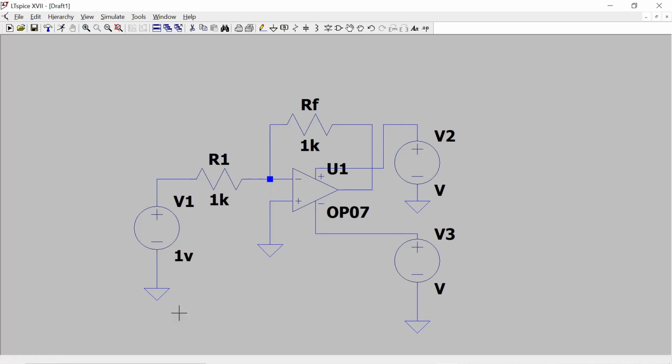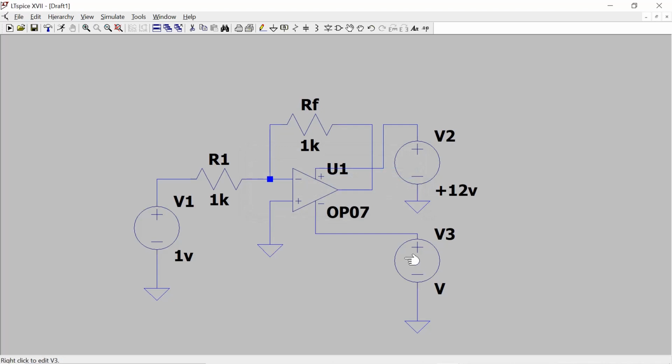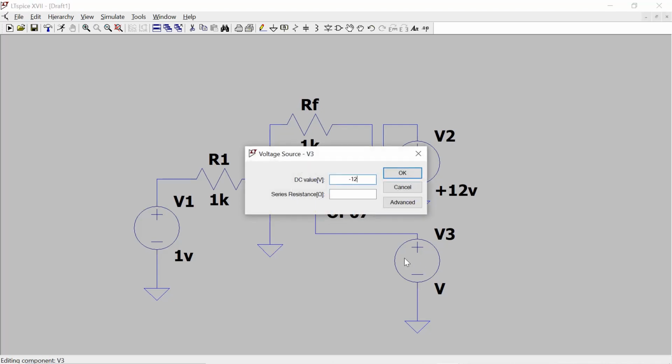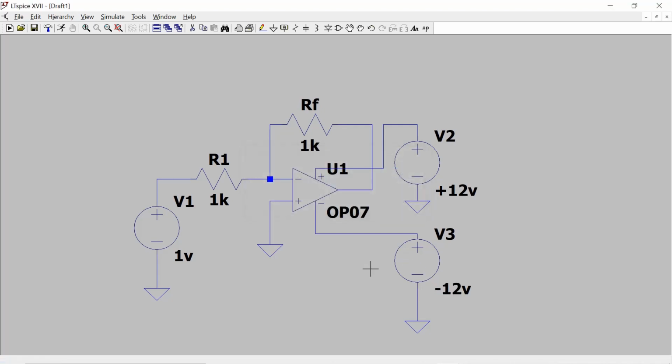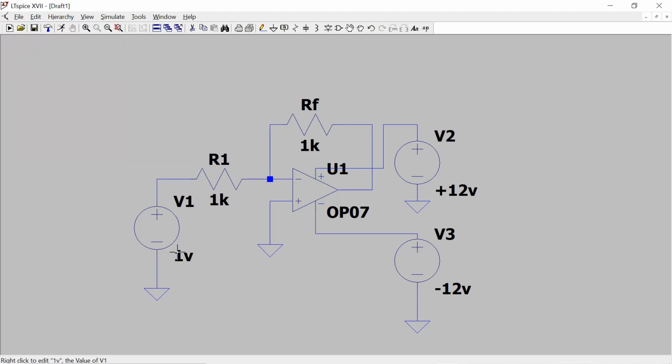Now all the values have been given. For plus VCC and minus VCC, give plus 12 volt and minus 12 volt. Now save our file: go to File and click Save.